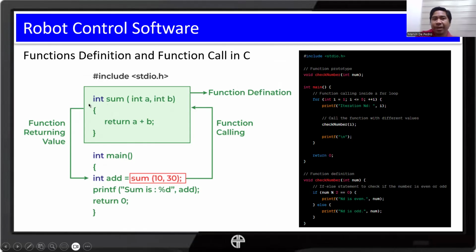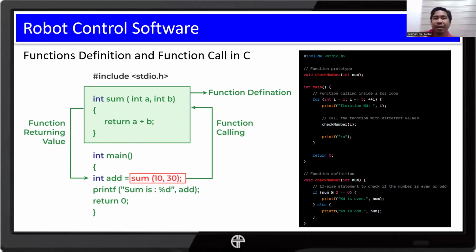We create the function by stating first what return value we expect, and this is the name of our function. We have the arguments inside the parentheses. When we are defining the function, the arguments are the parameters that we need.